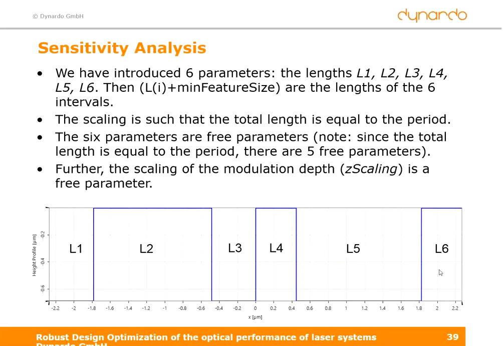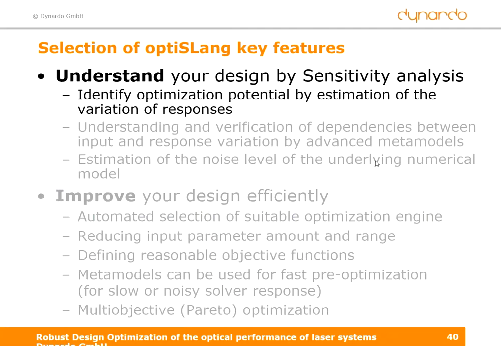So we have 5 parameters, since the total length is equal to the period. So these 5 length parameters we use, and also the scaling of the modulation length, which we call Z-scaling. So we have 5 plus 1 input parameters, and based on that, we now do the